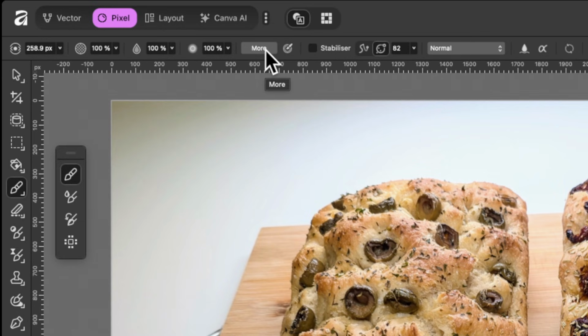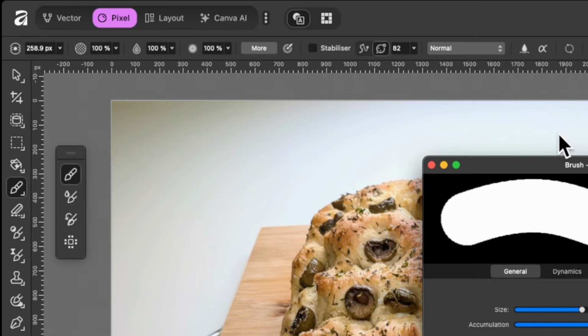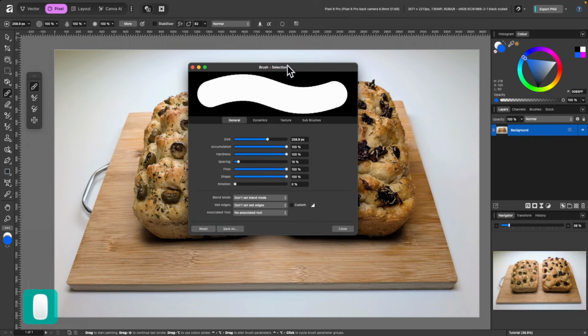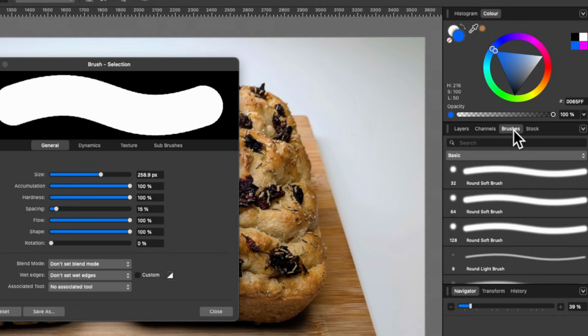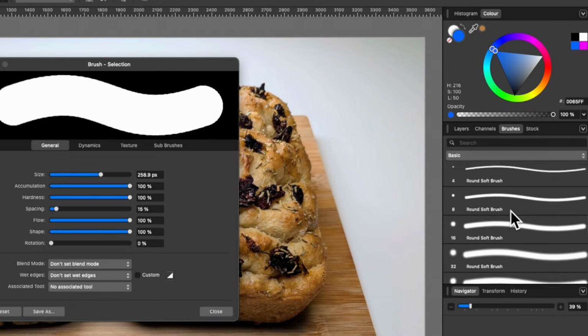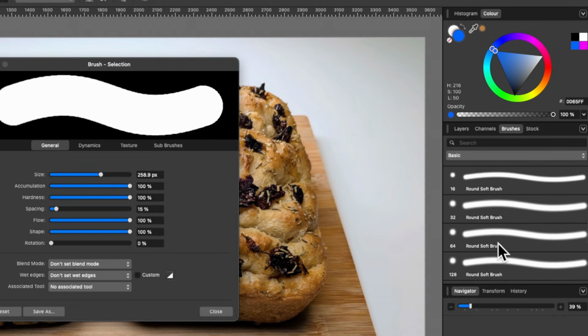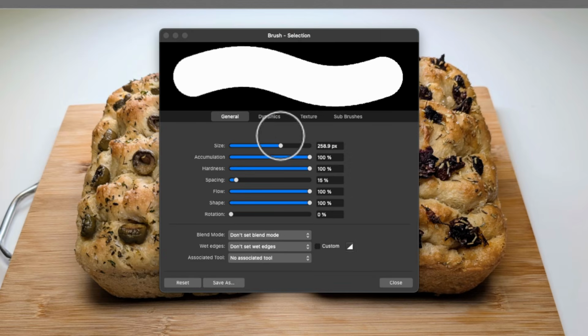There is this button here called More, and when you click on that, it opens up your brush settings. The brush I chose earlier, if I go over to my Brushes tab, was just a soft brush, I think it was 64. I can play around with the size and the accumulation. We're getting a little bit advanced here, but you can change how your brush performs.